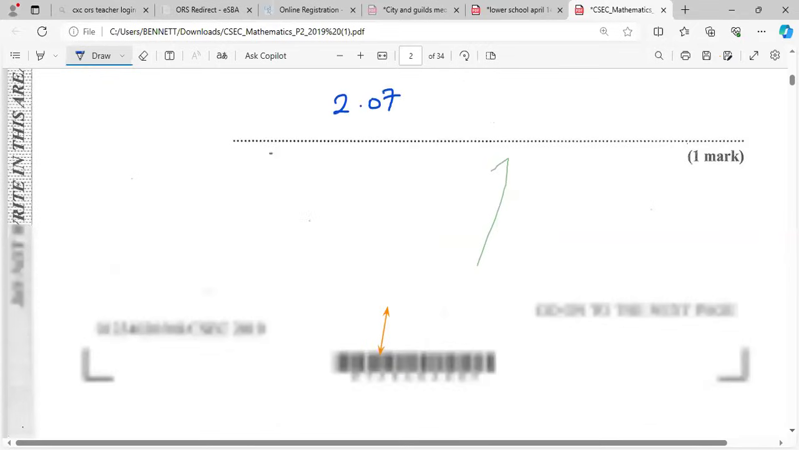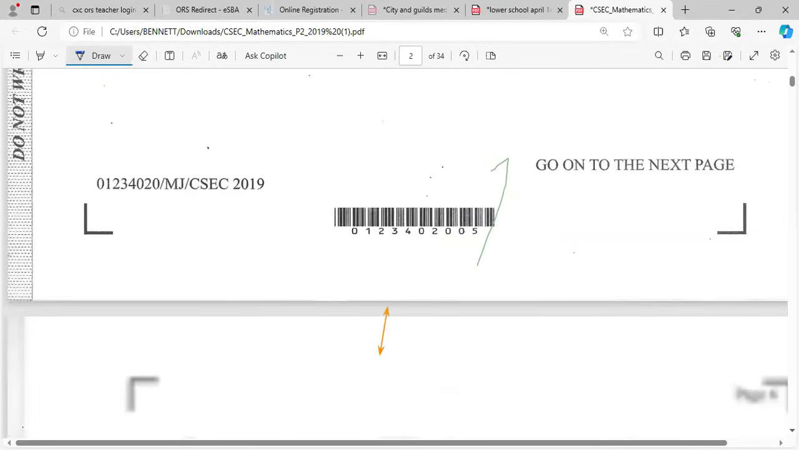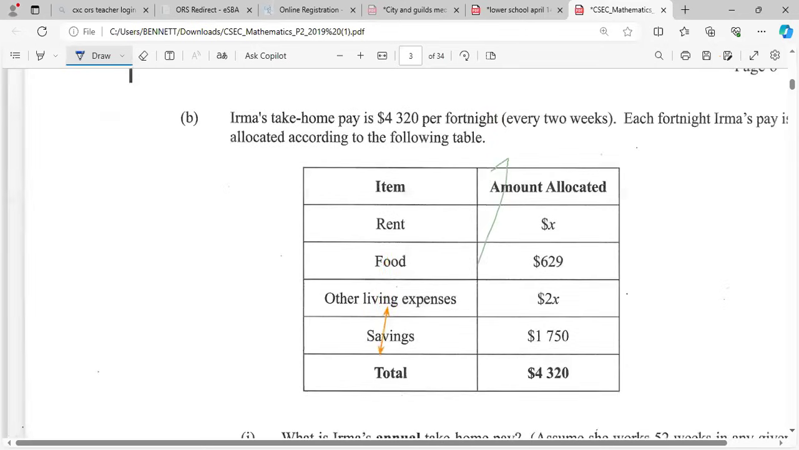But you see, CXC is not so bad, guys. Sometimes they give you something like that. All right, this one now. Irma's